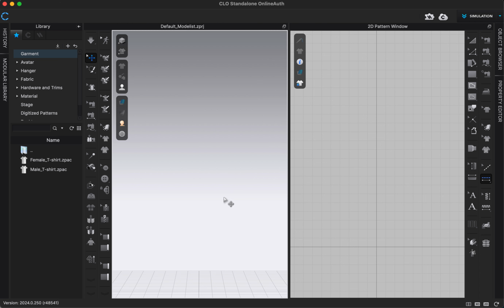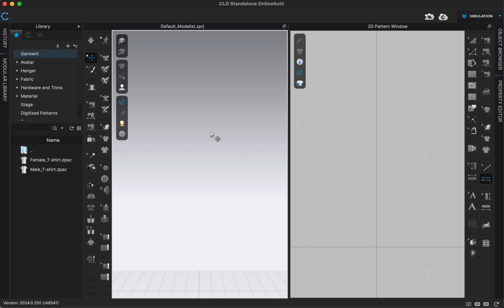Hi everyone, this CLO video is going to be talking about how we can move around fabric pieces in our 3D window and in our 2D window to get them where we want to be, and then also how to simulate for the first time. So simulating is basically applying gravity and weight and sewing to our 3D window. That is what's going to make our fabric look realistic and be that first step in really sewing and putting